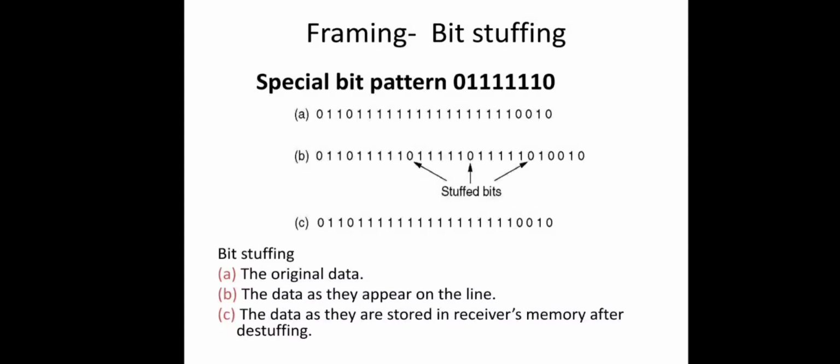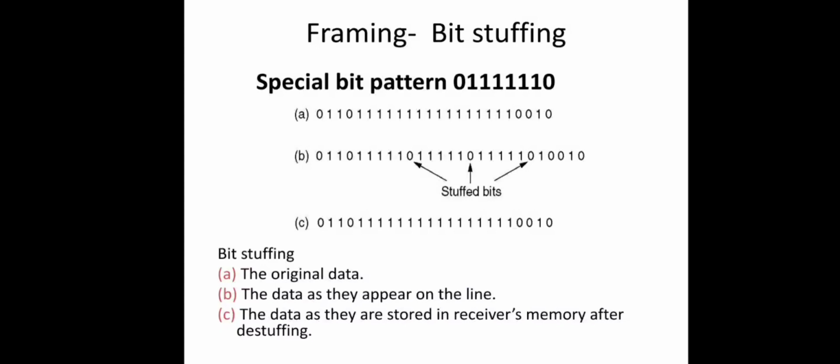That was physical coding violation, which is not popular and not much used nowadays. It is applicable only to networks in which encoding on the physical medium contains some type of redundancy. For example, in some LANs, each single bit will be encoded using 2 bits. A 1 will be represented using a high-low pair, a high voltage and then a low voltage, and a 0 is vice versa, that is first low voltage then high voltage, a low-high pair.